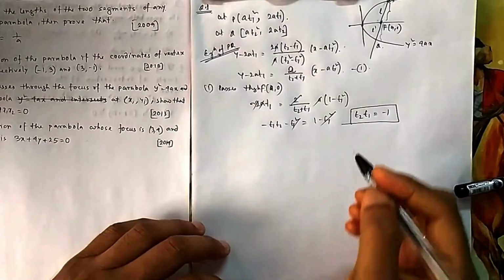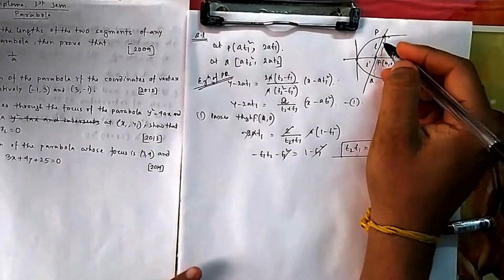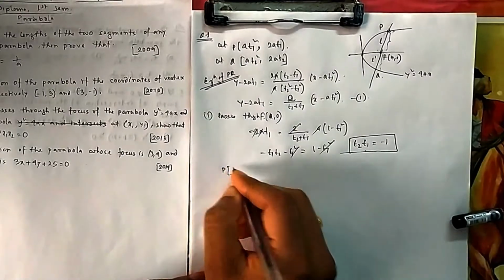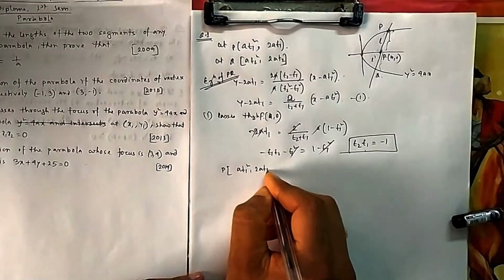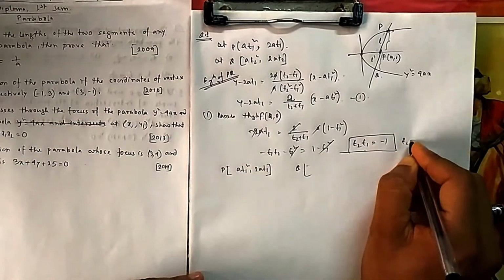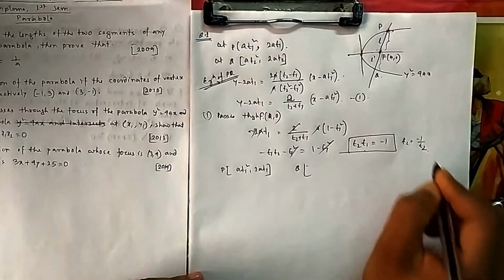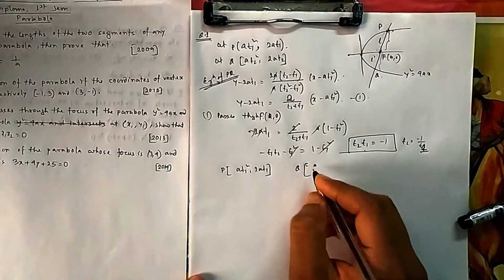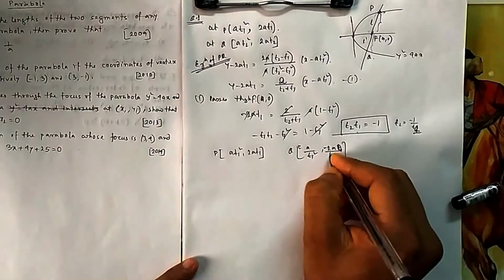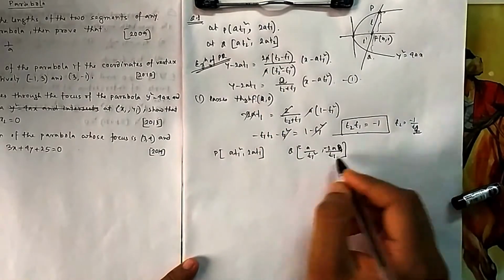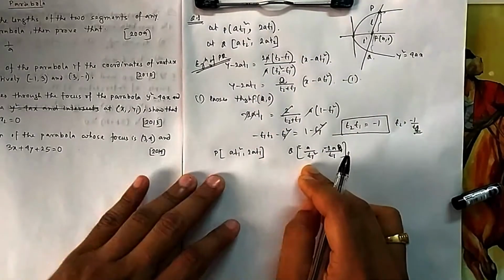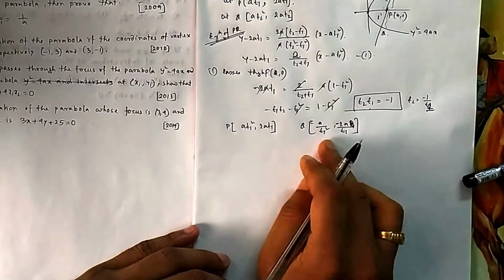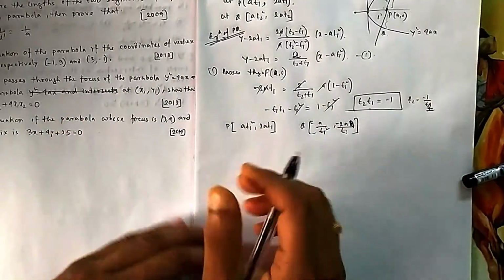Okay, now what is the idea? You know this, so you have to find these lengths only. So what will be your P? P will be (a t1 square, 2a t1), and what will be Q now? Because t2 will be equal to -1 by t1, in place of t2 you can put -1 by t1, so Q is (a by t1 square, -2a by t1). This one we have directly given in the theory of the intermediate level, so we can directly apply it for JEE also. But it is a subjective question, you have to write it.